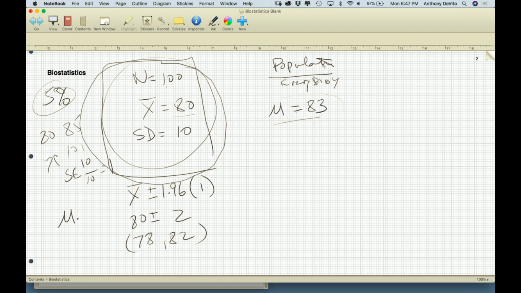Well, what is this? The population I'm comparing it to, we know that mean is 83. So I'm 95% sure that that population mean is outside of the confidence interval for my population. So I could say to myself, that means I'm 95% sure. In a sense, I could say I'm 95% sure that my population has a lower blood pressure than that population. But wait a second. Didn't I say I didn't know it was going to be higher or lower?